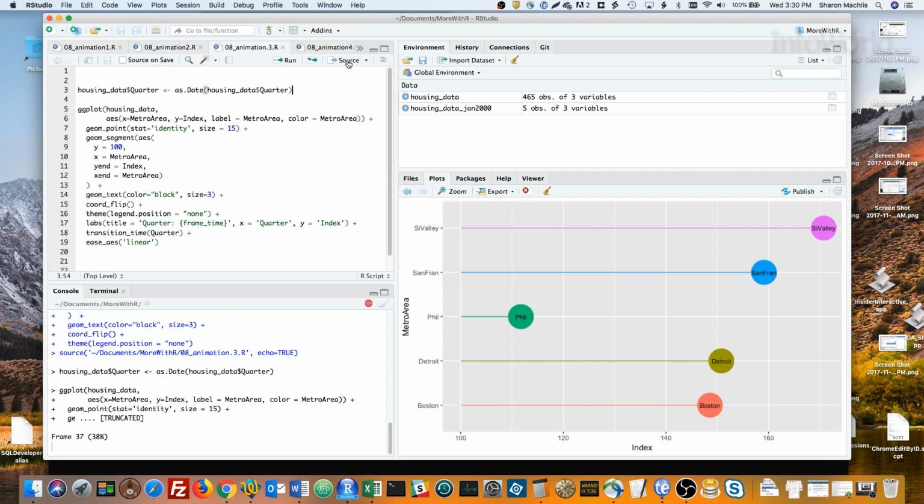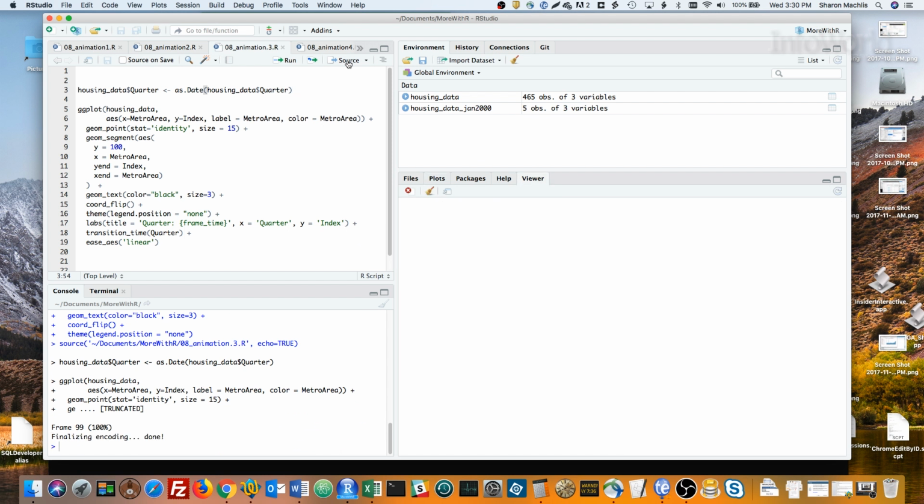The new three lines at the bottom of the ggplot code are for gganimate. The first line, labs, sets the interactive title at the top of the visualization showing what frame the animation is on. The next line, transition time, sets what column is used to show the time element. Finally, that ease_aes linear says each frame should take the same amount of time.